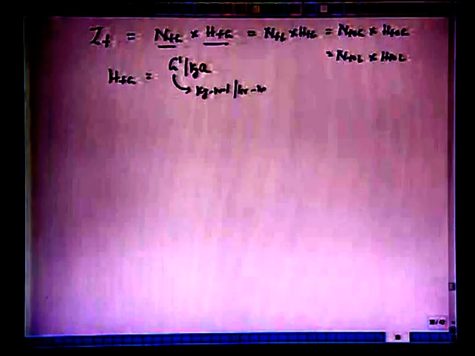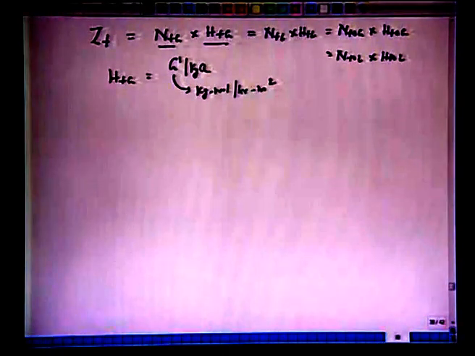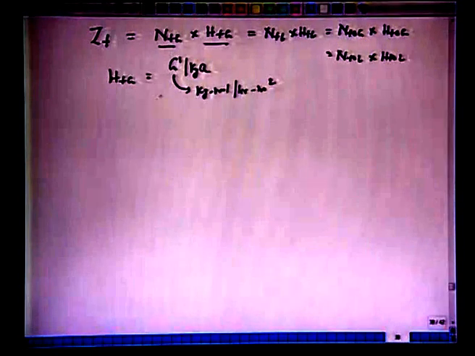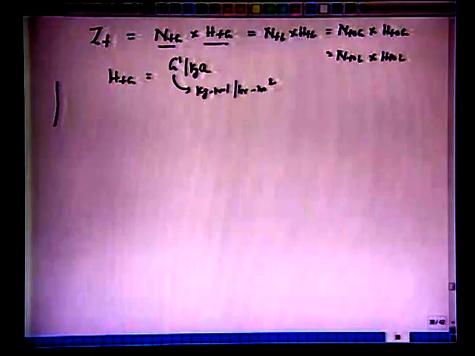So, first is the simplest HTU, which we know is G prime over KYa. Okay. This G prime, again be careful, is in kg mole, not the kg of the loading and flooding graph. So, this is kg mole per hour per meter square. This is a place where generally we make a mistake. Okay. And this G prime varies. So, the question again comes, what G prime should we use in these calculations, because it is not GS.